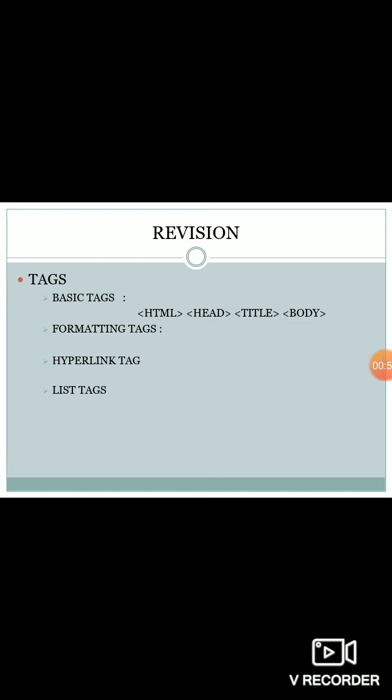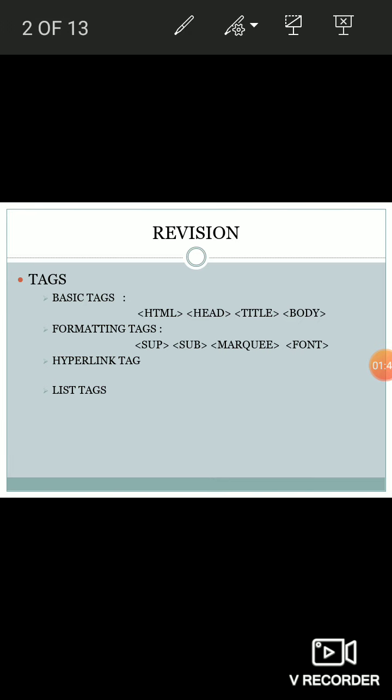Then to create the HTML page more attractive, or I can say more decorative, we can use number of formatting tags. Some of them are SUP, that is nothing but the superscript, SUB is nothing but the subscript, marquee tag, which is basically used to scroll the text or image from right to left. Then we can use font tag with attributes as its face, that is nothing but the type of its text. Then you can change its particular color as well as the size. Then we have the number of formatting tags.